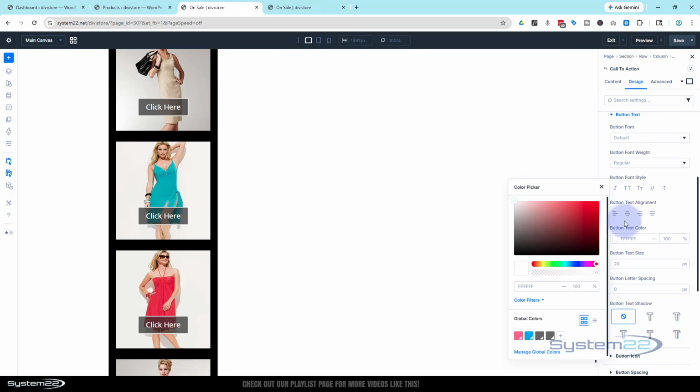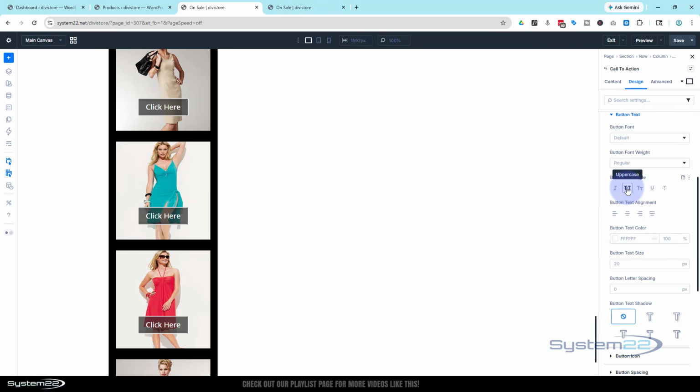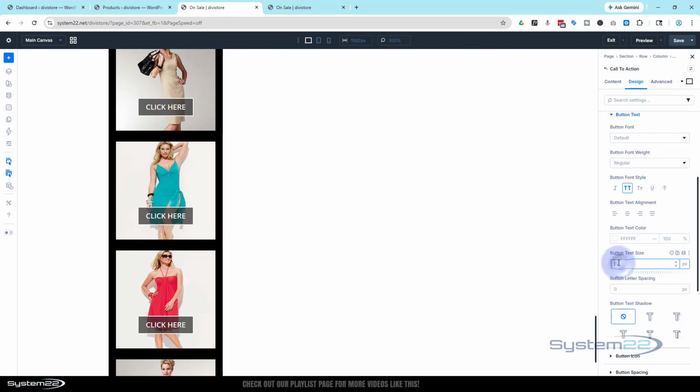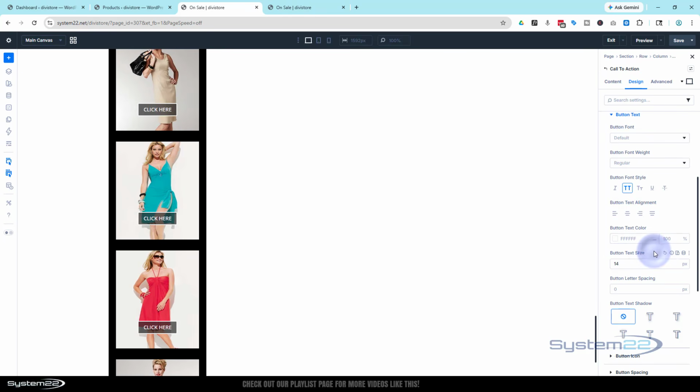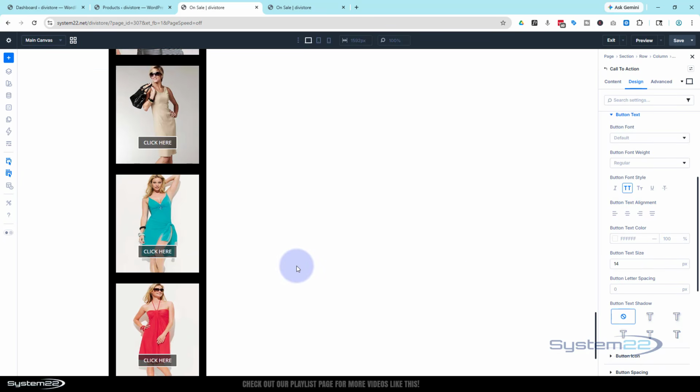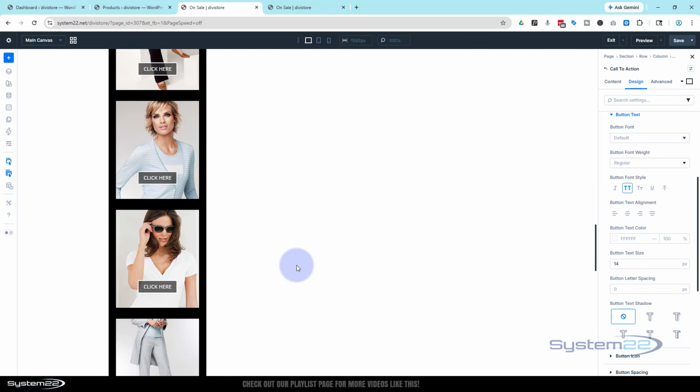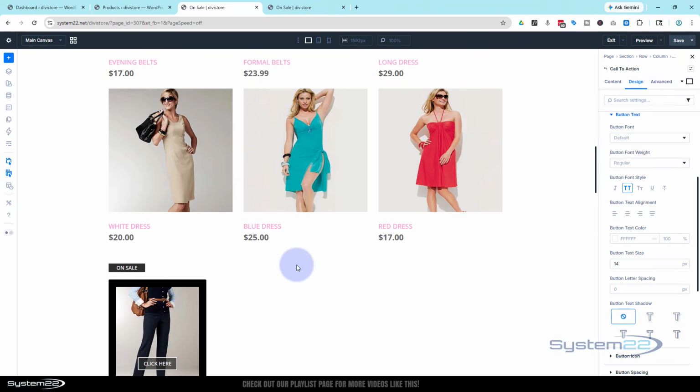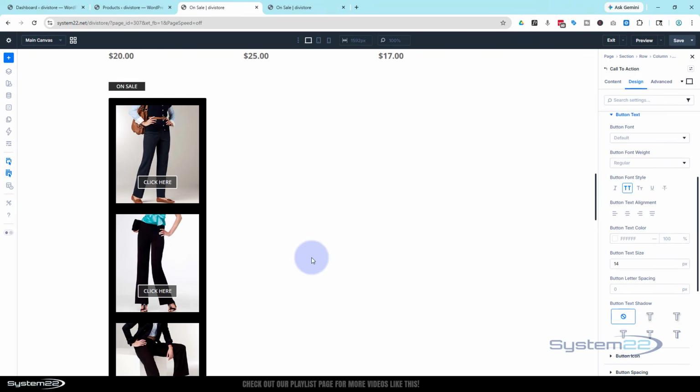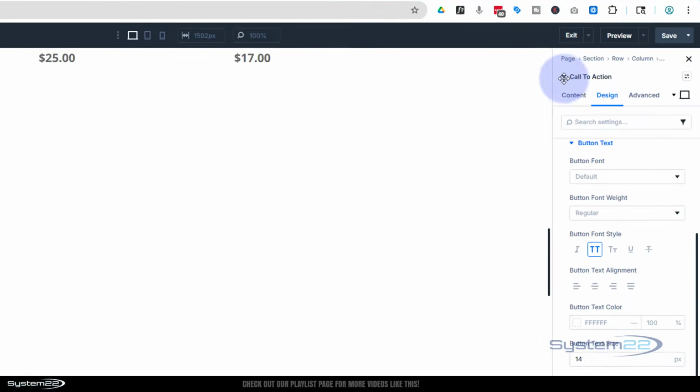And a lot smaller, and perhaps capitalize it. I'm going to make it uppercase and perhaps 14 pixels so it's less prominent. No, I think that's going to work. But of course, I just don't want it all in one big long row like this on desktop. That'll work for mobile. So what we can do now is go back up to where it says call to